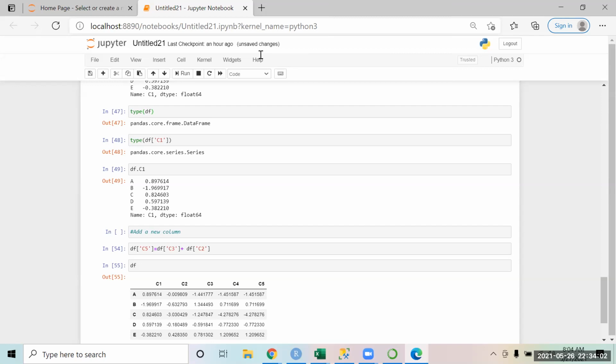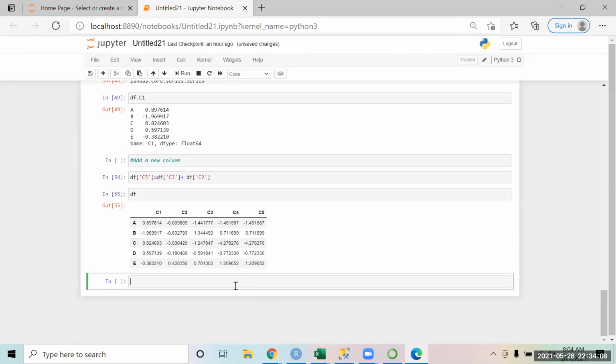Okay. Now if you want to drop a column, whatever data frame you have, you just write dot and press tab. You will see the different types of functions that you can apply on a data frame. You get the column names over here too.